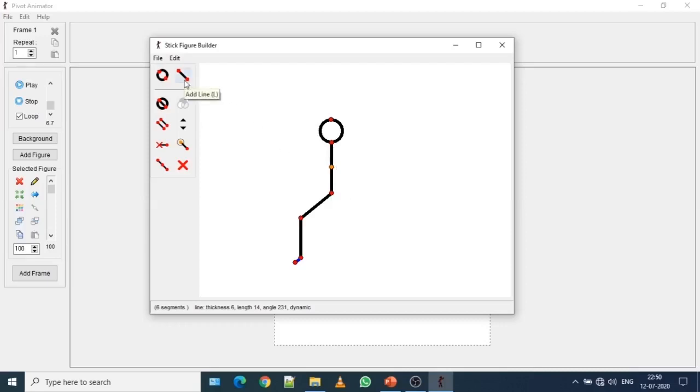Now complete the other part of the body by adding a line. Again select the line, click on that red segment, expand the line. Once you are sure, then release the line by clicking left on the mouse. Continue once it is done.